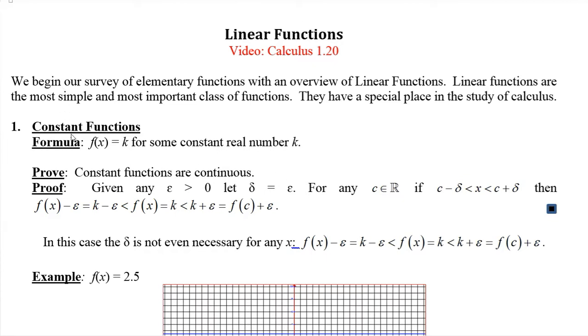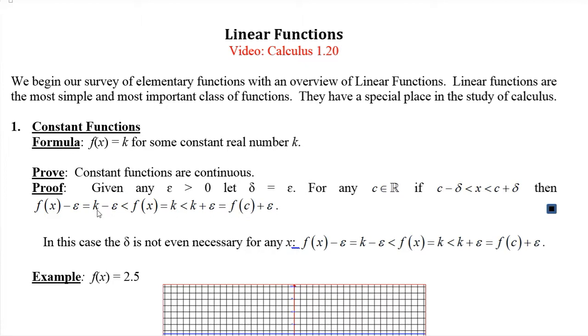The simplest kind of linear function is a constant function. In fact, the simplest kind of function, period, where the formula is f of x equals k for some real constant number k. And so we're going to prove that these constant functions are actually continuous. So given any epsilon greater than 0, let delta be epsilon for any real number c. If x is between c minus delta and c plus delta, then we see that f of x minus epsilon is just k minus epsilon. And that's certainly less than k, which is f of x, which is certainly less than k plus epsilon, which is just f of